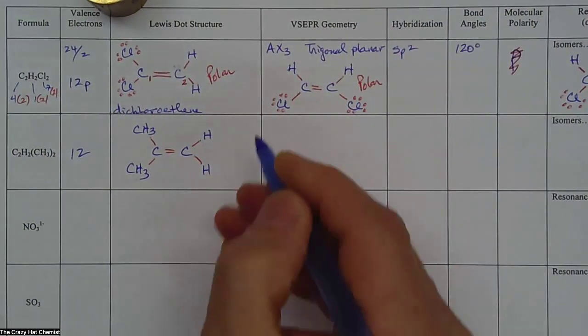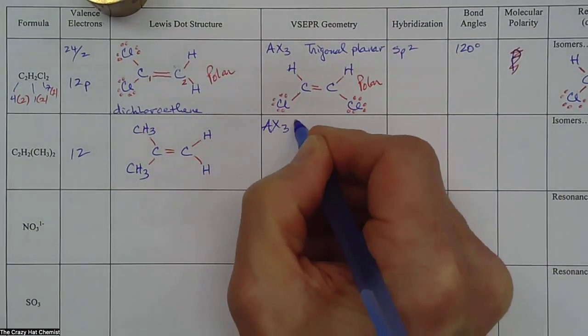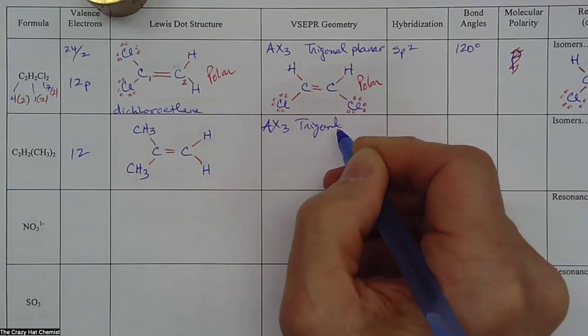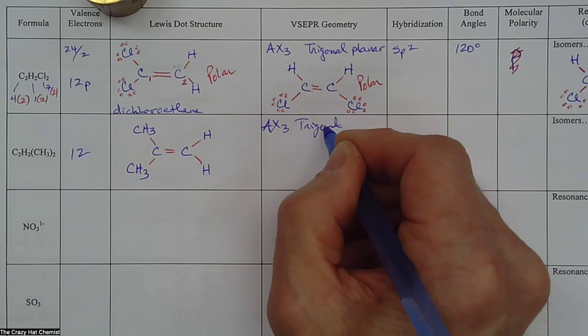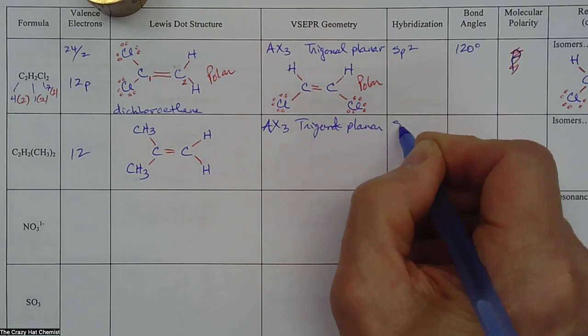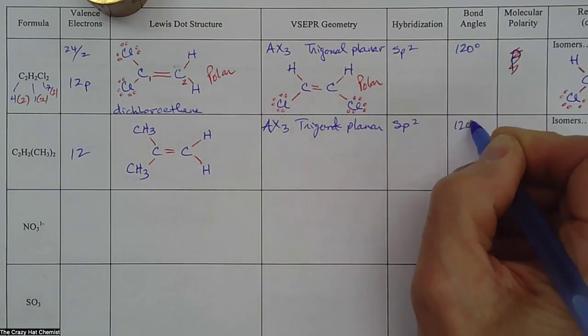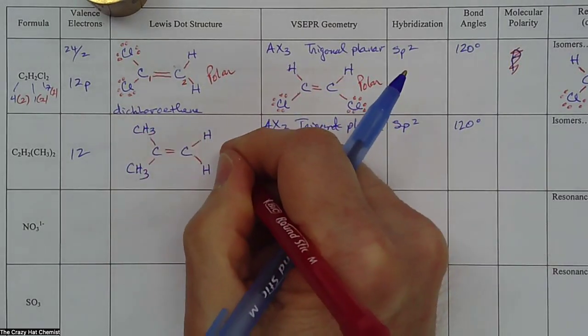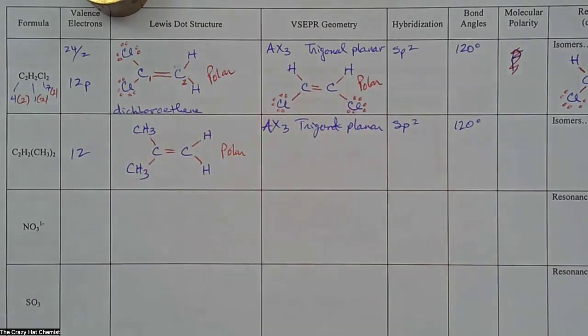It is also AX3 and it's trigonal planar. It's also sp2 hybridized, 120-degree bond angles. This one here, how I have drawn it, is polar. That is, it's asymmetric. It's really not a polar structure because there's no difference in electronegativity, but